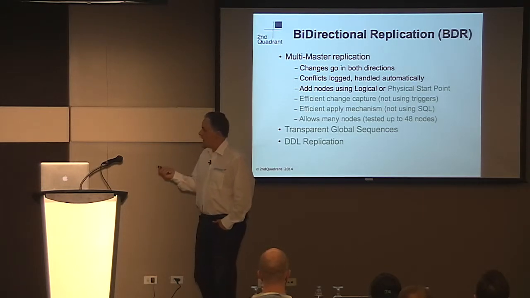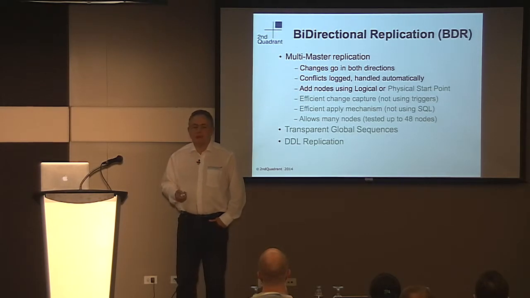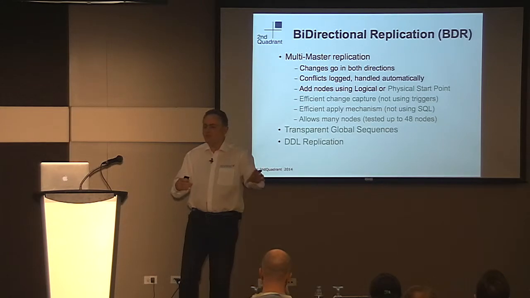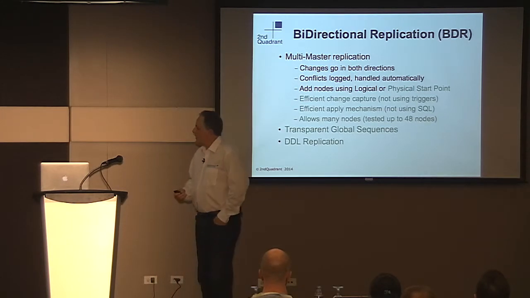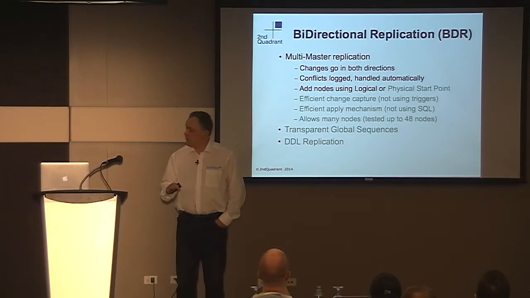The notable things about the BDR implementation that we've gone for is that we've got transparent global sequences. So there's none of that business about having to set up one node that starts at 1 and another node that starts at 10 million, and kind of God help you when you get to 10 million on the first node. So sequences are basically completely transparent in this setup. We've also done a considerable amount of work to make DDL replicate in the middle of a data stream.